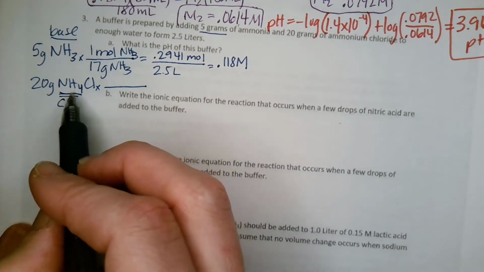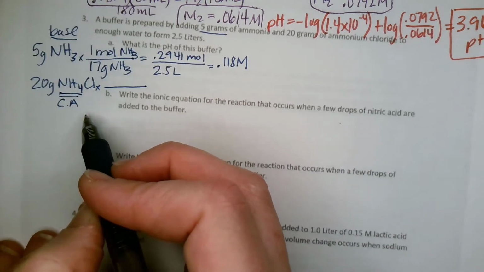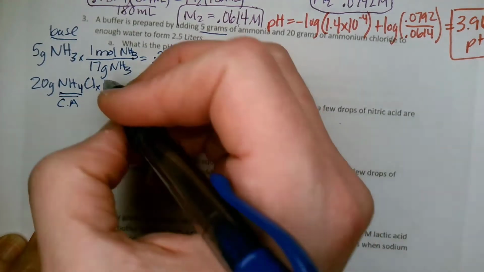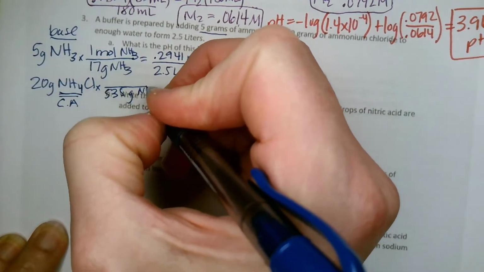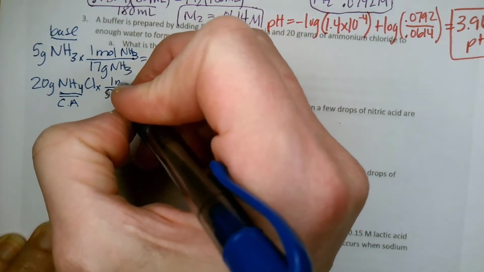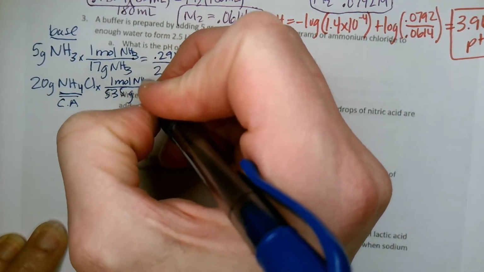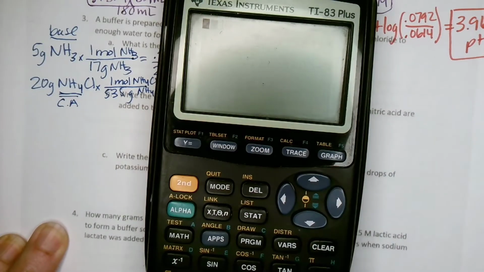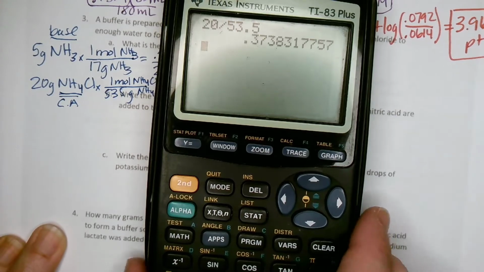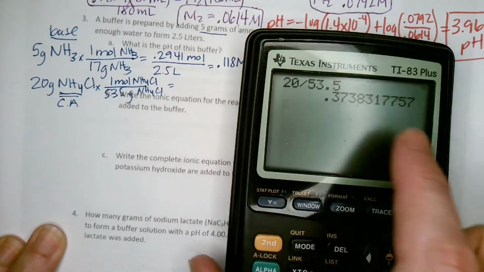1 nitrogen, 4 H's, and 1 chlorine should be 53.5 grams per 1 mole of NH4Cl. So 20 divided by 53.5. And we're going to do the same thing. We're going to take our answer